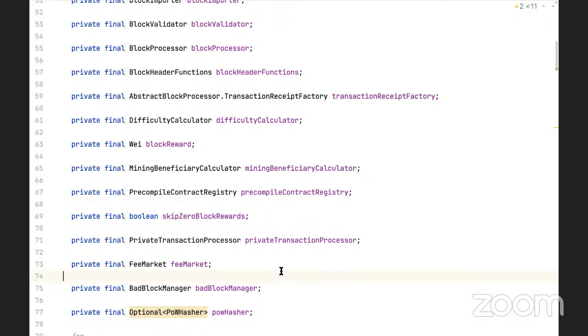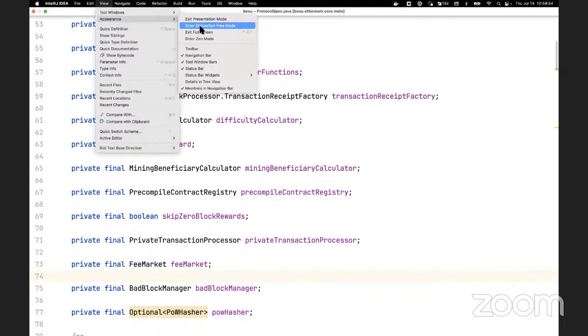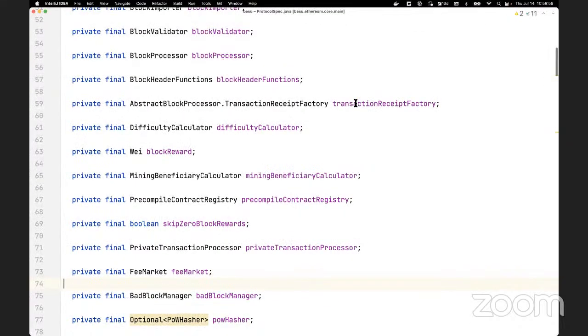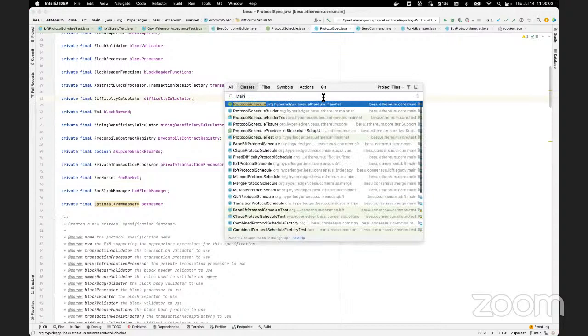Pretty much. And as Ethereum has matured and went through many hard forks, this complexity has just been a runaway train, where we're adding even more configuration aspects to it. So the good news here is it doesn't have to be too overwhelming if you're working in a straight line and you're just adding one more thing to your protocol spec. So we can go to the mainnet